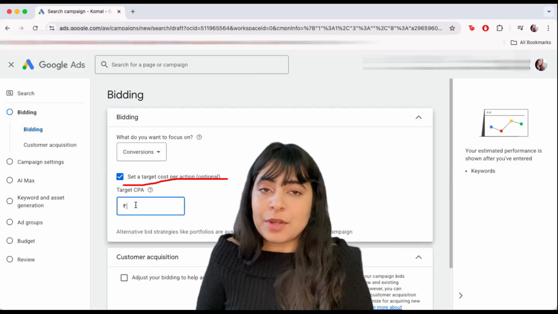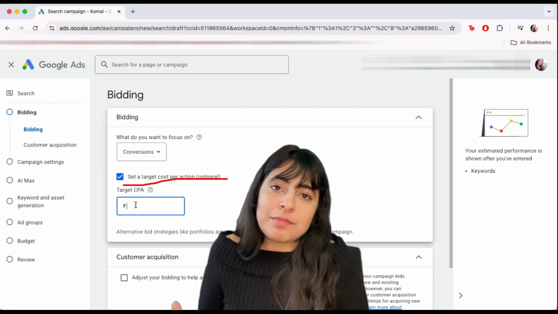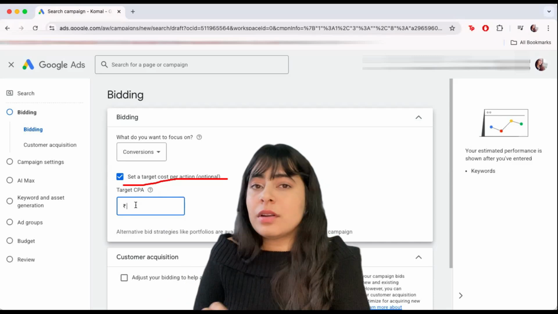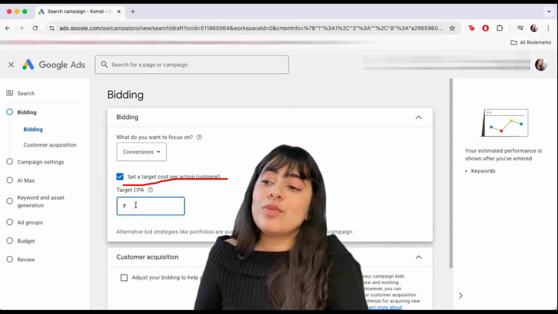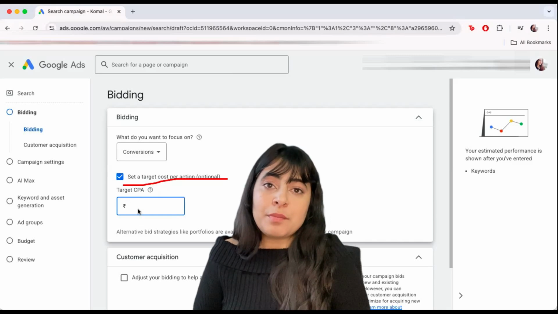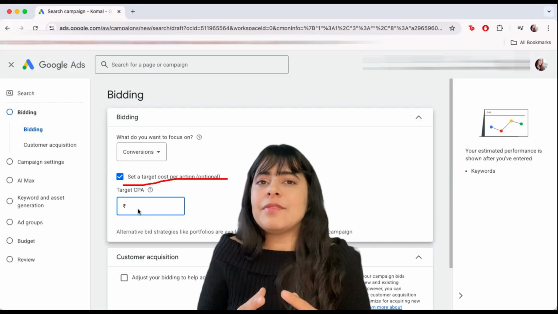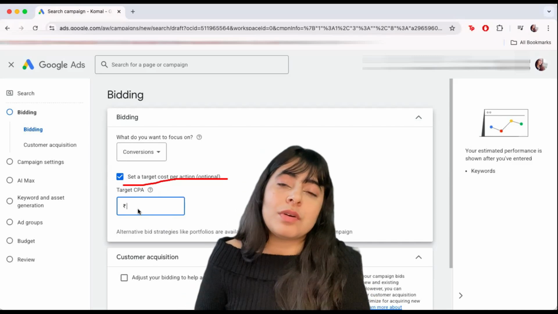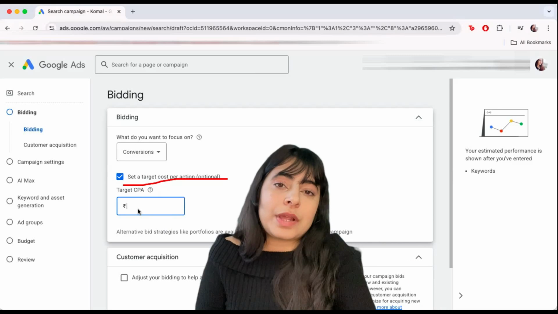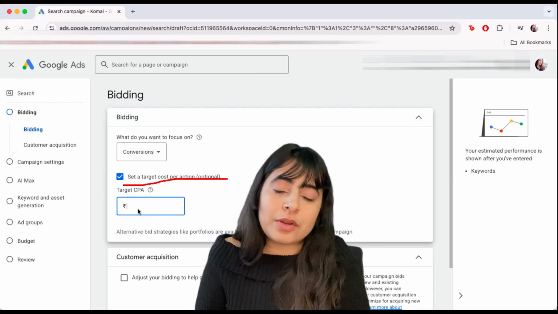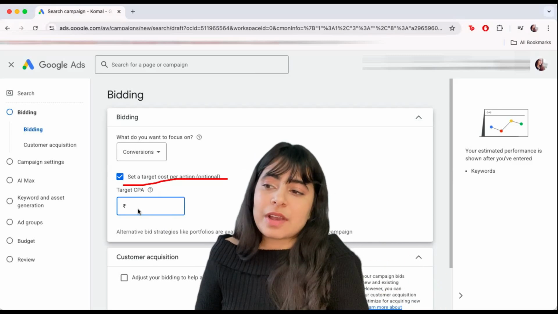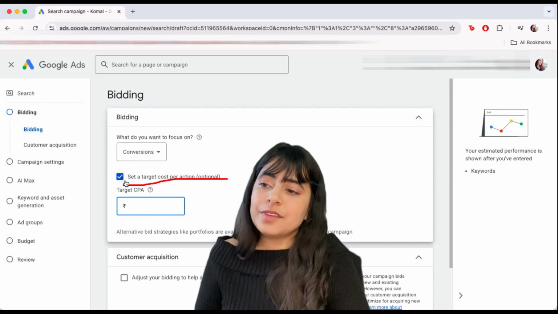Now, if you're running your campaign for the very first time, let's say it's a new campaign, it's a new account, it is not recommended to add any sort of amount over here. Because if you do that, then you will be restricting your campaigns. Google will not have a lot of freedom to find out people who, let's say, could react well to the brand that you're building or the products that you're selling, which is why it's important that you first start with